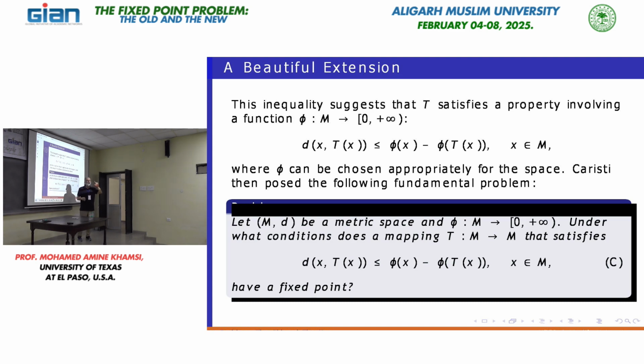Number one, if I take an orbit, a normal, countable one, it's Cauchy. I need it to converge. If I need it to converge, I need to assume that M, d is what? Complete. What else do I need? Phi not to go to minus infinity. Therefore, I need phi to be what? Bounded below. Okay? And I told you whether you assume bounded below or positive is the same. Great. And what else? You need phi to be lower semi-continuous for this orbit to be transfinite and keep going. You have a fixed point. Period.